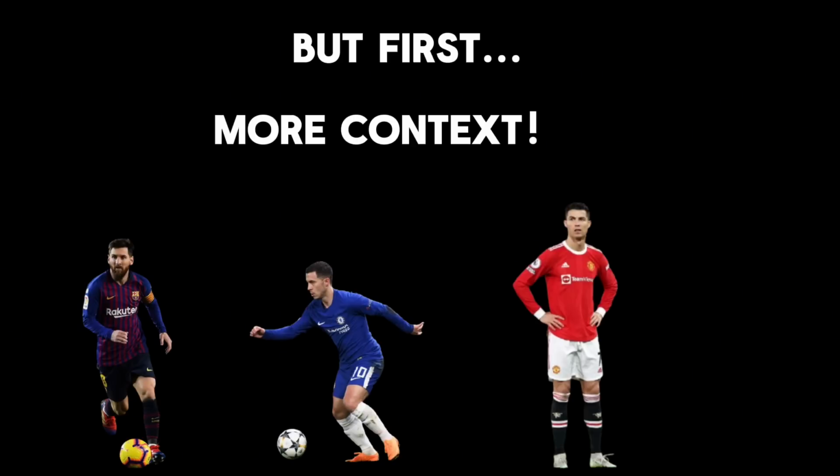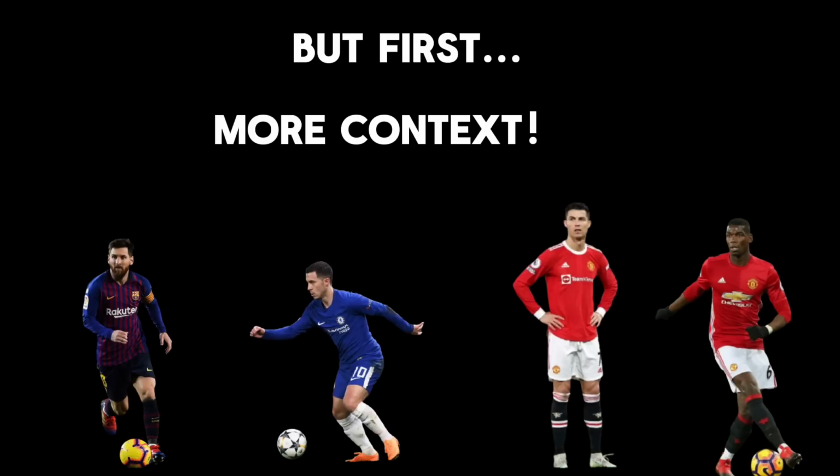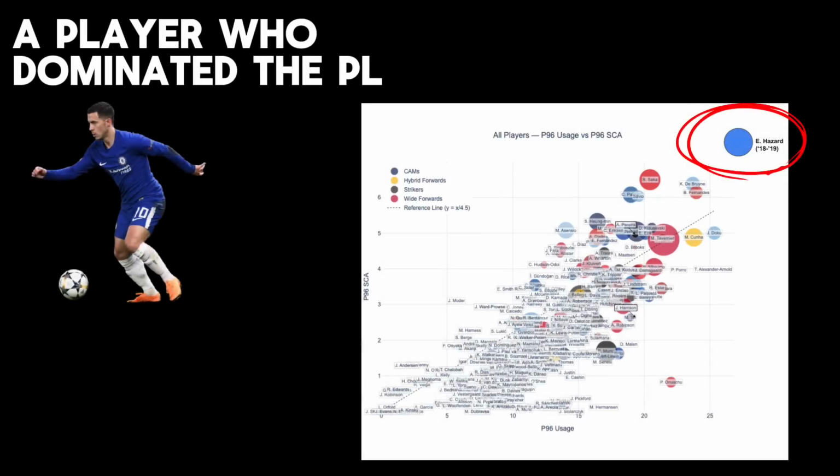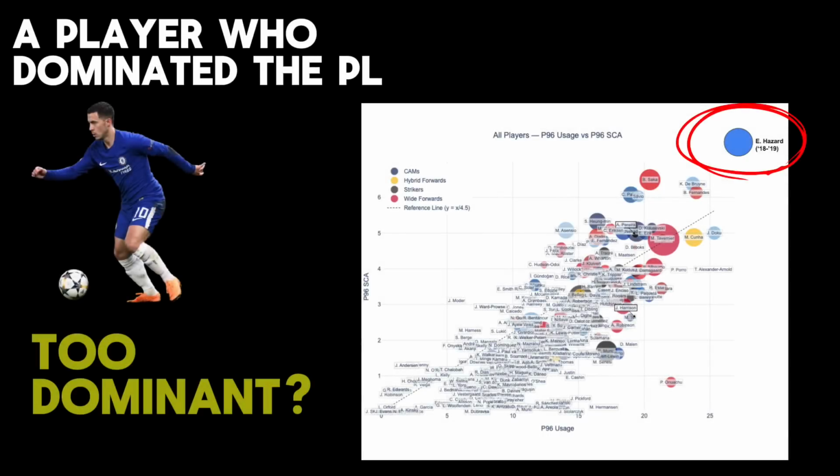One thing I wanted after last video was to provide some more context. I'm going to show you some players from the past that we all know very well. Note that this data wasn't publicly available prior to the 17-18 season, so we'll be looking at players from since then. Let's see a player who dominated the Premier League. Here's 2018's Eden Hazard. But be careful though. Chelsea fans would tell you that even though he was lighting it up this season, everything was going through him. That's not necessarily what you want.